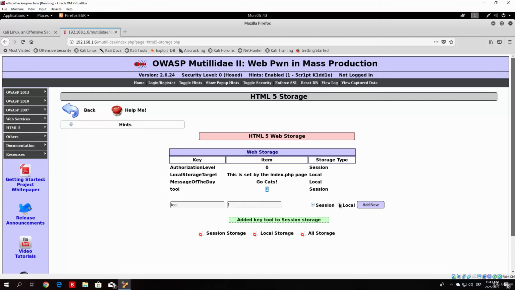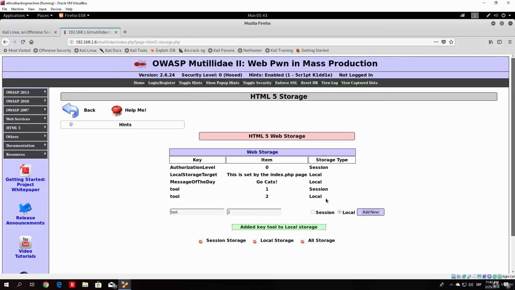You can also change the storage type right here, so we can add item 2 as a local storage type, and it will add it right here. So these are the two tools that we added. But now let's try to exploit this with the